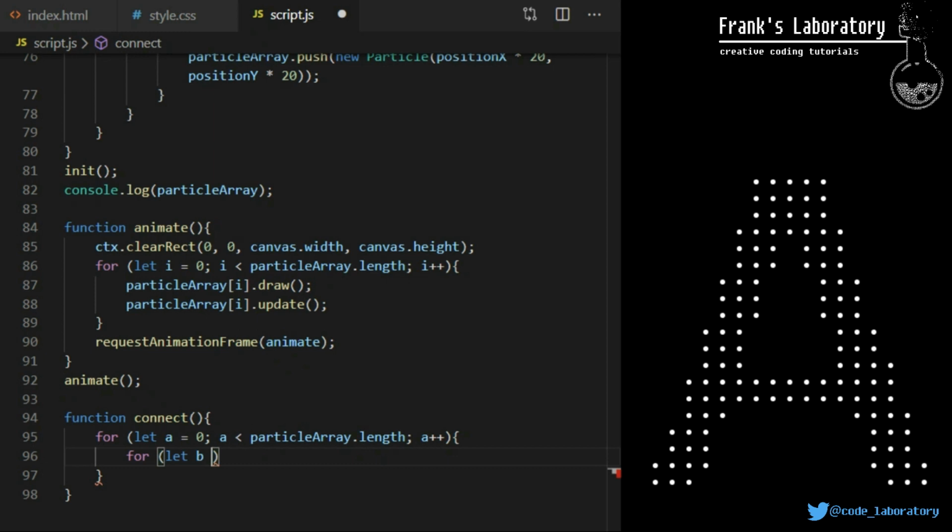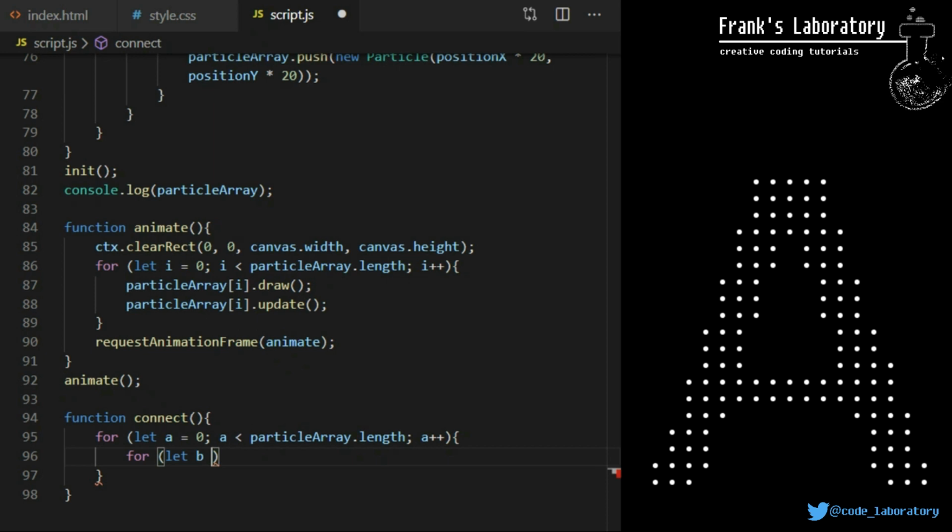The inner for loop only needs to cycle through the remaining particles in the array because all the particles before have already been compared in previous cycles of the outer for loop. I'm not sure if I'm explaining it clearly, but let's write some code and I will try again. So in the inner nested for loop, instead of cycling through the entire particle array again, just so I can compare every particle against every other particle, I will only cycle through particles that have a higher index than A, because anything with lower index has already been compared in previous cycles of the for loop.